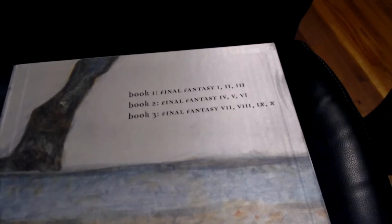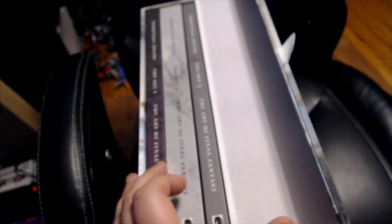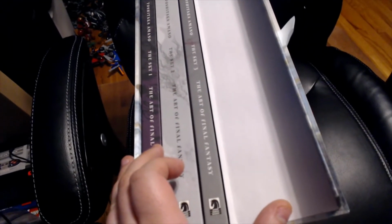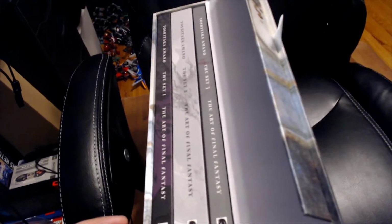So we can switch over and look at the individual volumes. We're just gonna open up the box containing the books. So it opens at the side like this. There is a little bit of fabric sticking out of the side for you to make that simple. These are the 3 hardcovers contained within. They're kind of hard to take out, but I will take them out so that you can have a look